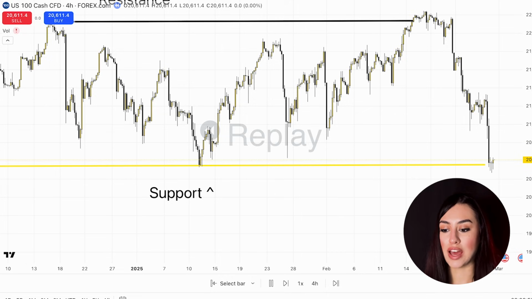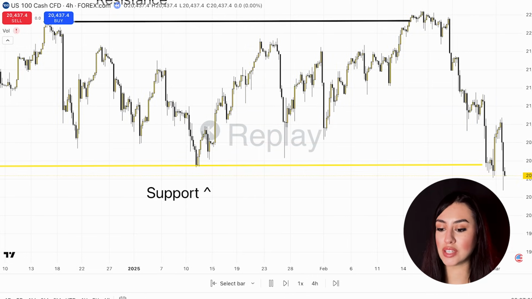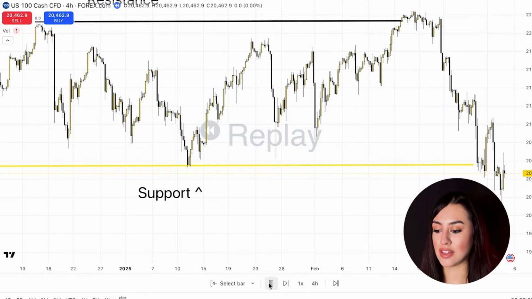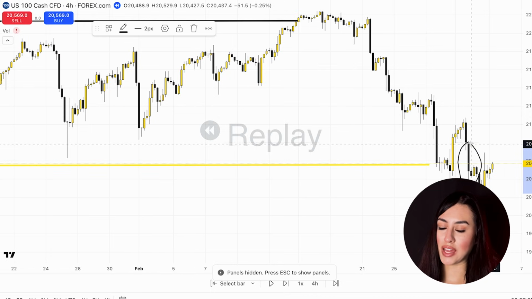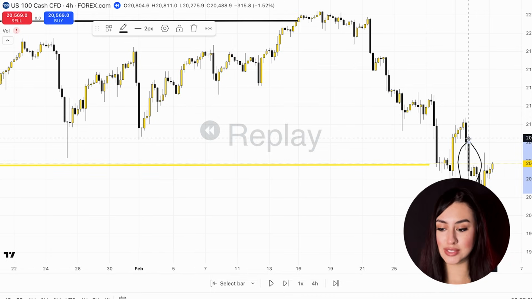As you can see here, NAS 100 has touched it, it hasn't broken below it, and then it shoots up. So most people would think, I'm going to jump into a buy here. And as you can see already right there, NAS 100 has broken our support level. Right here with this candle, I can see that price broke our support level. So now I would be looking to get into sells, but I would give it more time just to make sure